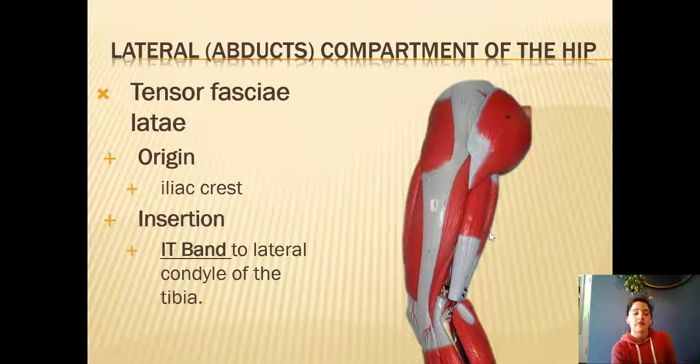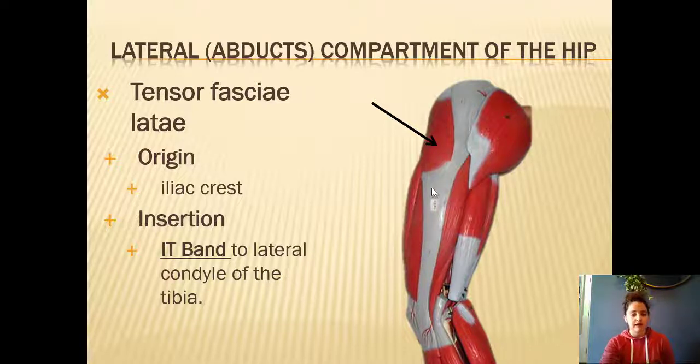Okay, looking at the lateral compartment of the thigh, these muscles will be responsible for abduction, so moving the lower limb away from the body, and there's only one of them. Students often refer to this as the latae muscle. It's called tensor fasciae latae. You may hear some people say tensor fasciae latae. Either one's fine. It's going to originate, though, on the iliac crest and insert on this structure here known as